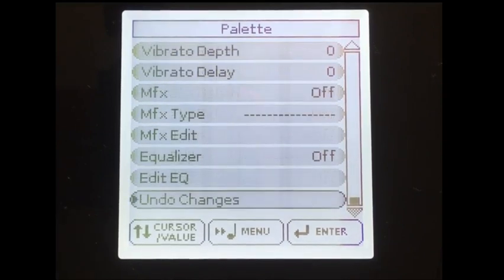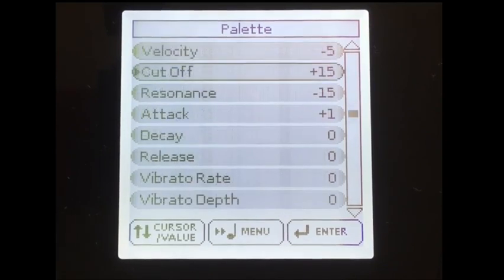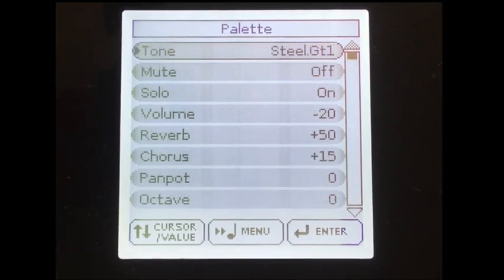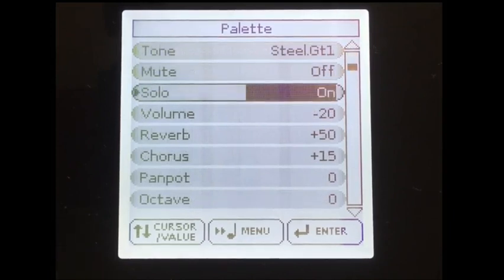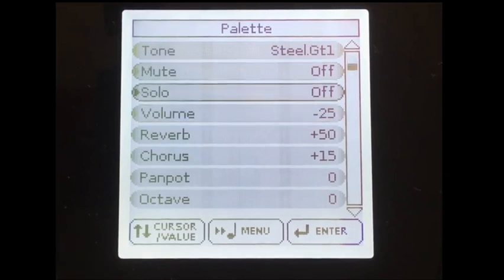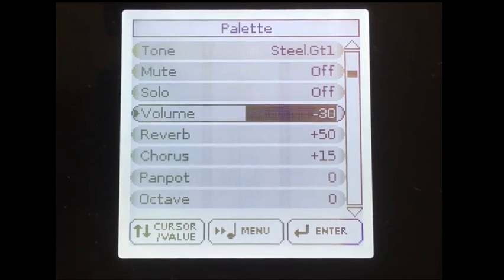Just check it out. Now I am switching off solo, balancing the guitar along with all tracks. A little bit low. Okay.